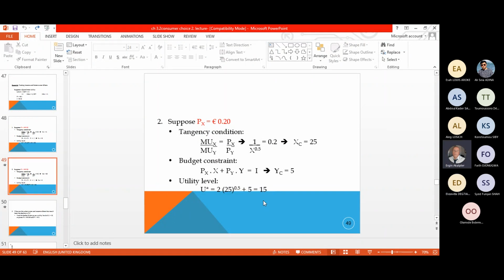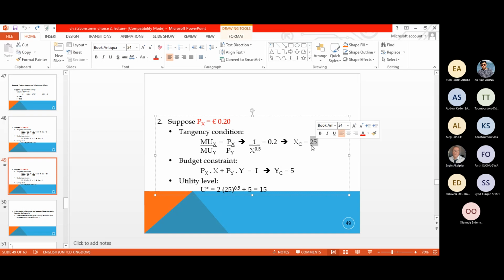And then we have here the other position, where we suppose the price changes, reduced, to see whether it is inferior goods or normal goods. We suppose the price is reduced to 0.20. Same application we are doing here, and we have the x now 25. Now xc we are estimating is 25. On the graph,